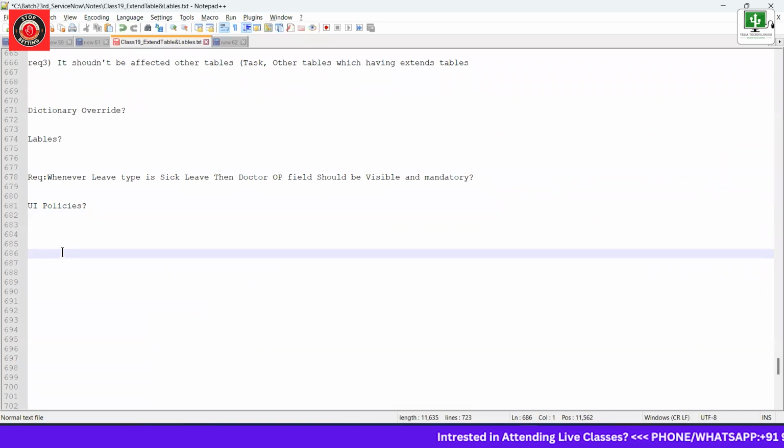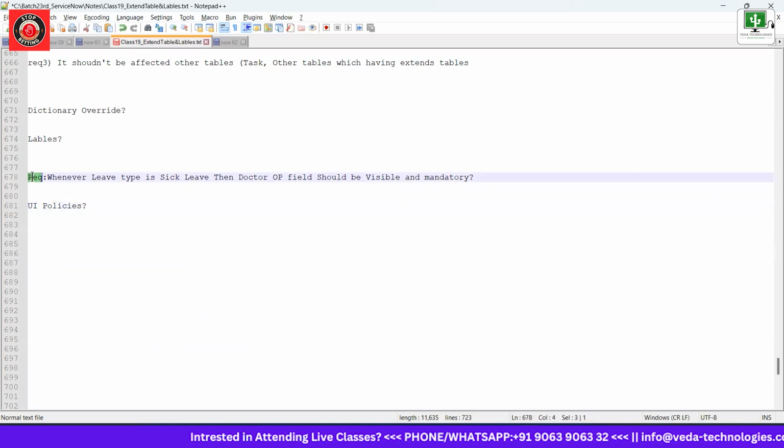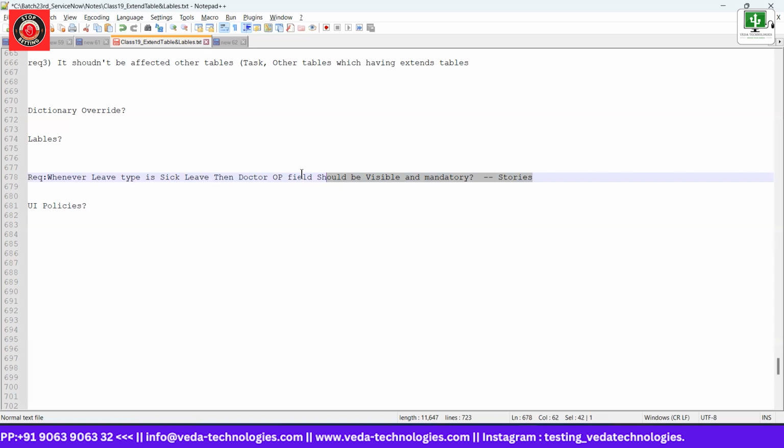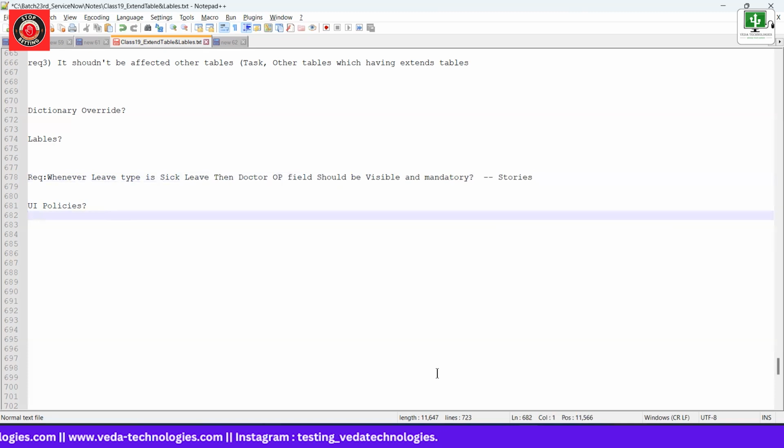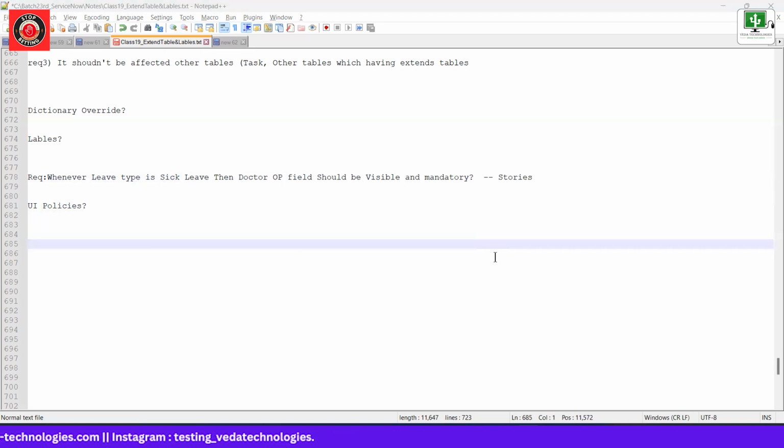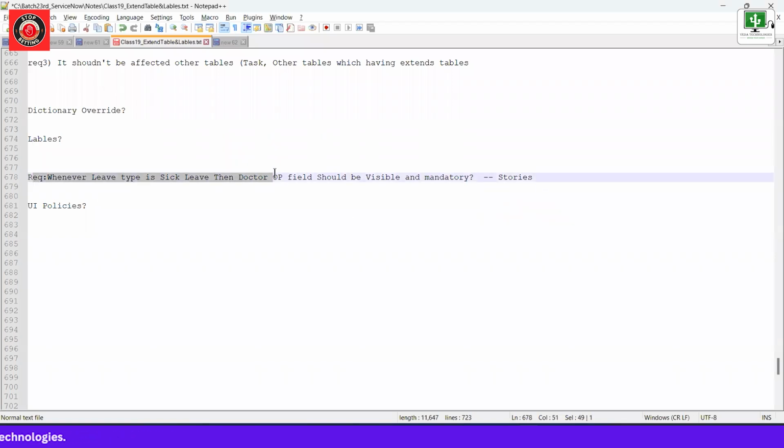Whenever we are working on the live. Okay, so whenever we get the requirement, this is the requirement. You can call them stories in the real time. Okay, stories. So whenever you get the requirement, you should create your own. Yes, in the real time, whenever you get the requirements, every requirement should have its own